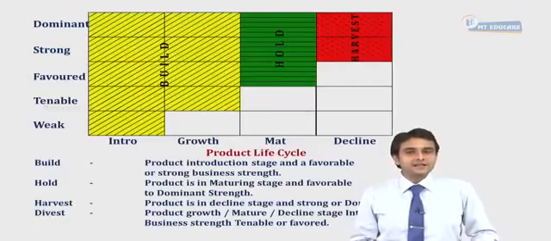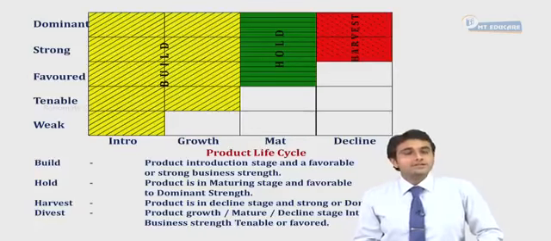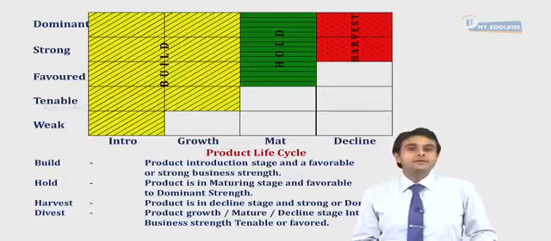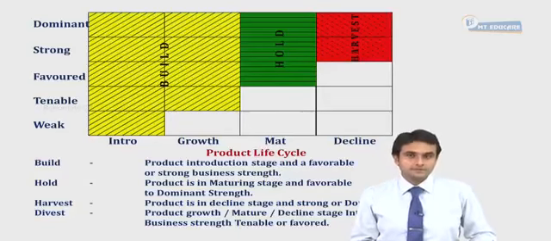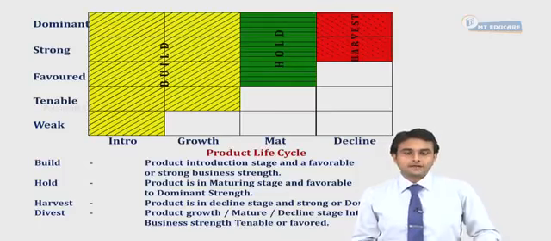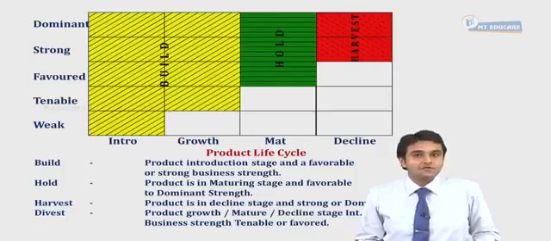This is a further understanding of the ADL matrix, wherein we need to build in the yellow boxes, we need to hold, that is wait and watch. We need to harvest, which means we need to try to make the best out of what we can get right now. And the other boxes which are left white, we need to come out of those products or those services, because those products have a weak position in the market and the growth rate of the industry is on a decline. So I hope this gives us a better understanding of the ADL matrix.